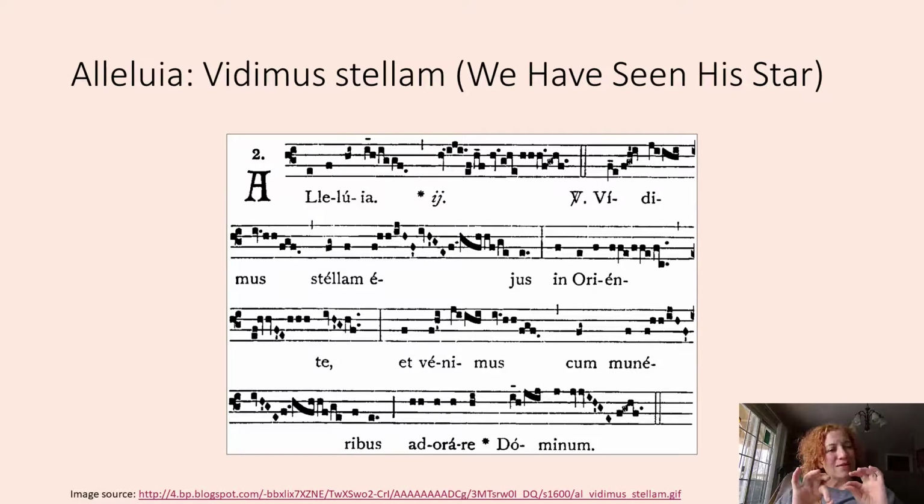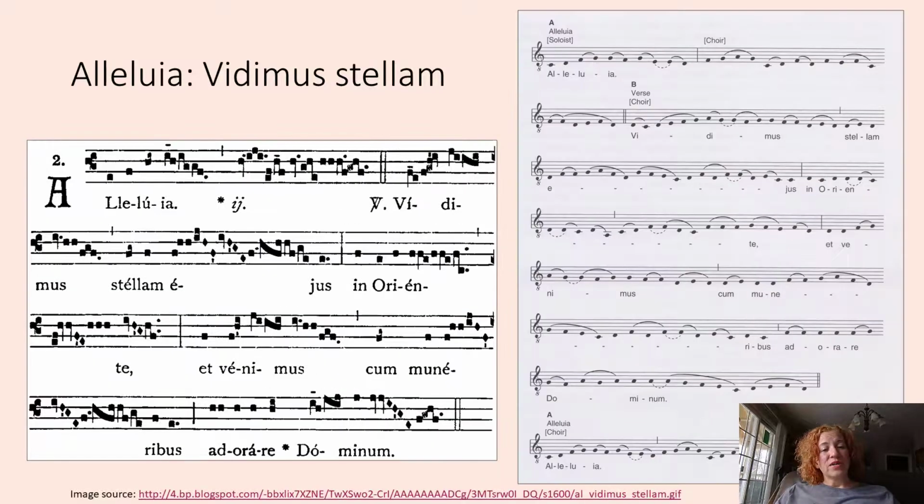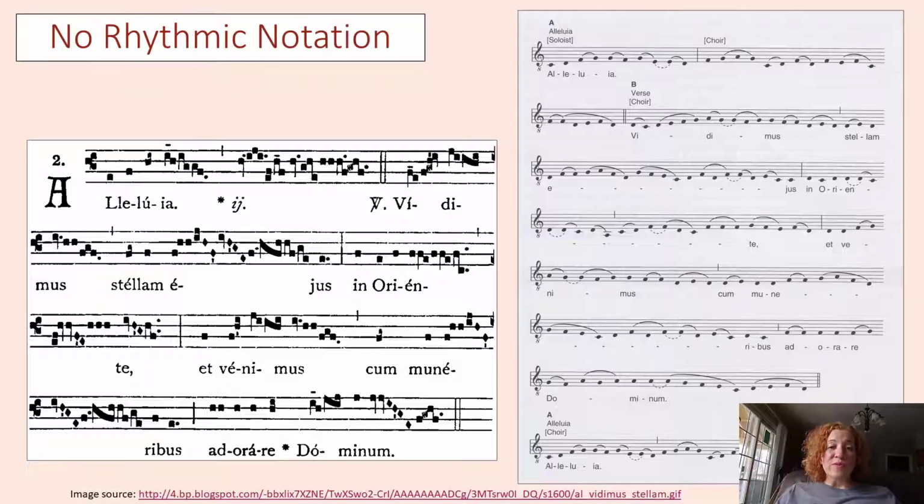glean from that. So if we look at it, we see that this is not a regular notation. There are not enough lines and spaces. There are some funky shaped notes, and it's just confusing to look at. So if I look at this in modern notation, thank you for somebody putting this into modern notation for us, what are we going to see? Well, number 1, there's no rhythmic notation. Like, that's not a thing yet. They literally haven't invented it yet.